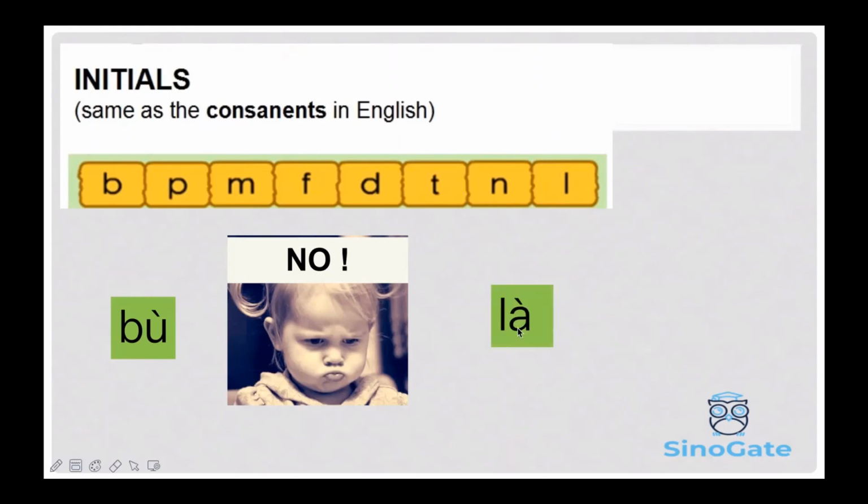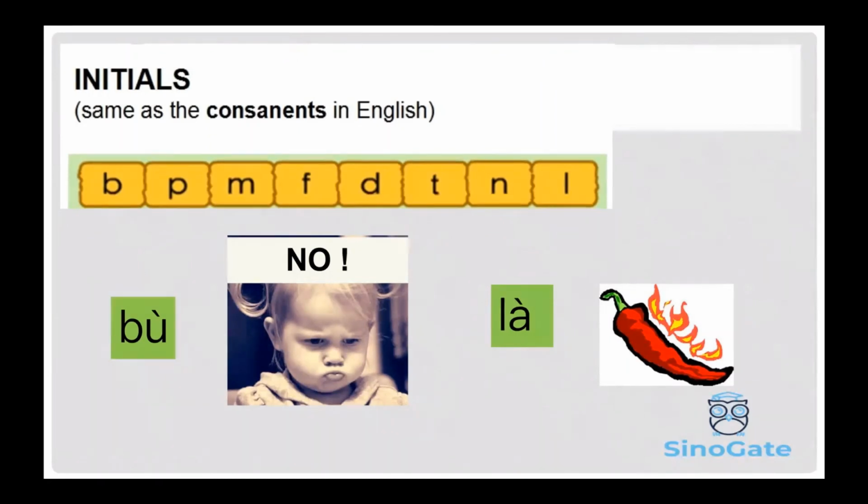How about this? La. La means the flavor, spicy, hot. La. So that's the first part for today, and we have got the 4 tones, 6 finals, and 8 initials in Chinese Pinyin. I'll see you in next video. Goodbye. 再见。